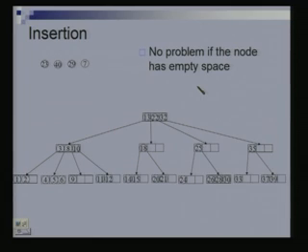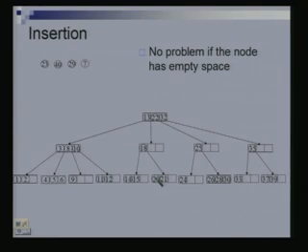Why does it go and sit in this node? Why didn't I compare with the 20 and say, okay, let me go down further? Yeah, this is a leaf node, right? I could also have said, okay, I compare it with 20, then I try to go right, but the right node is empty. The right pointer is a null pointer because it's not going down any further. So I know that this is the place where I have to insert, and this is empty. There is space here, so I just put it here.